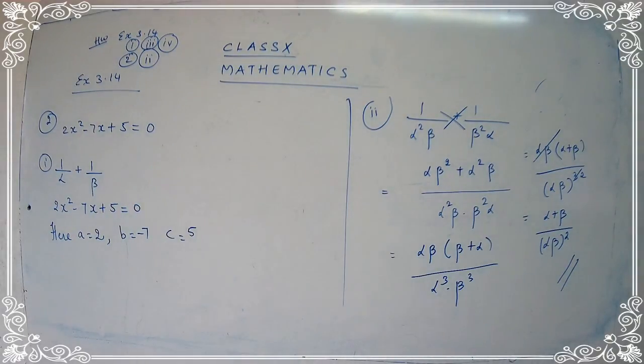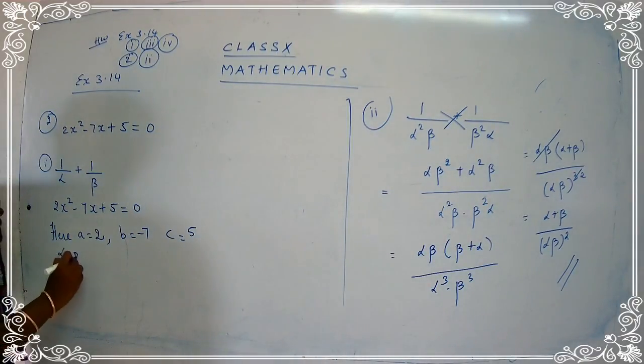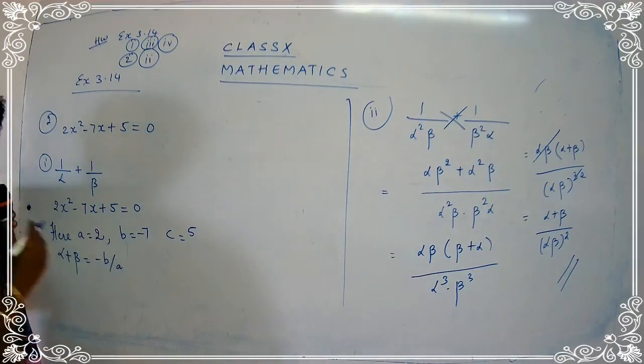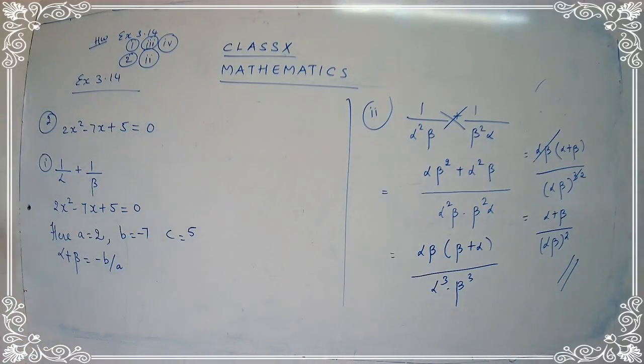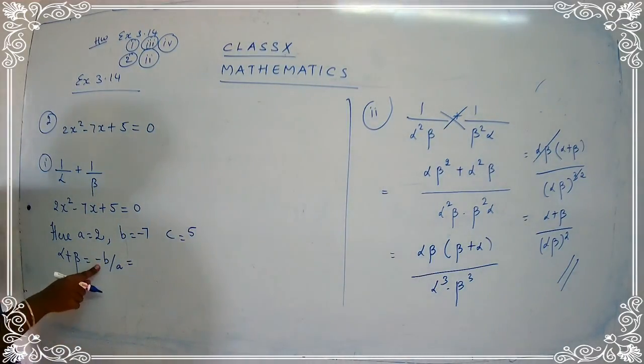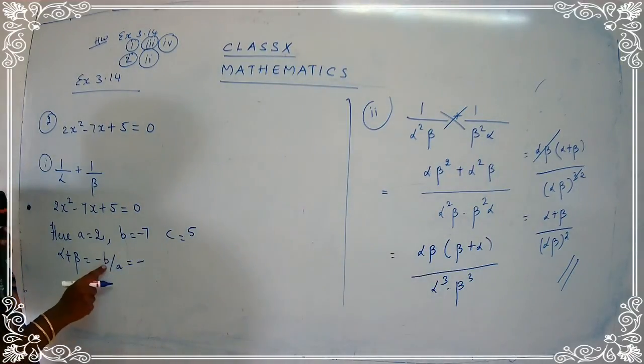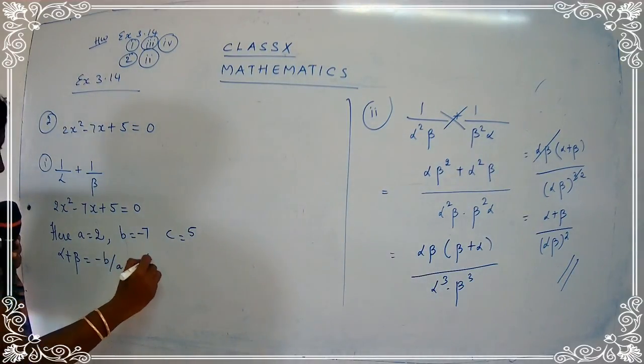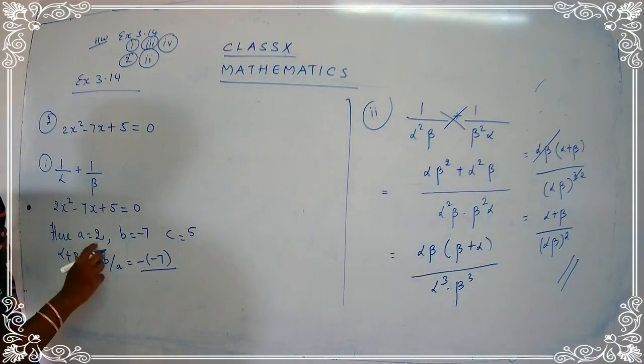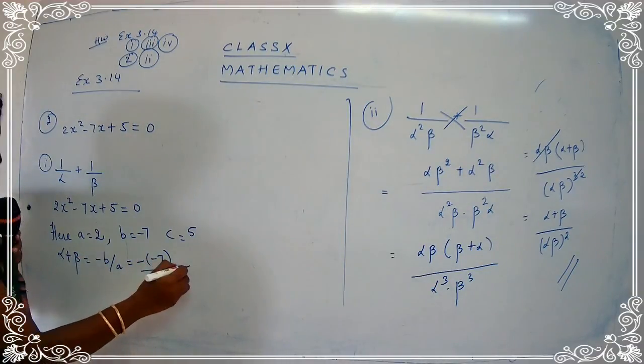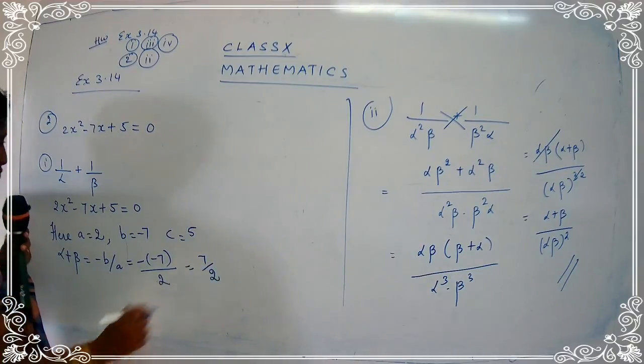So now we are going to proceed with the formulas for alpha plus beta and alpha beta. Let's go with the work. So alpha plus beta is equal to minus b upon a. What is the formula? Alpha plus beta is equal to minus b upon a. Let me substitute the values. Minus is already present here, yes children? So minus, what is the value for b? Minus 7. What is a? 2. So minus minus turns to be plus. So you get 7 upon 2.